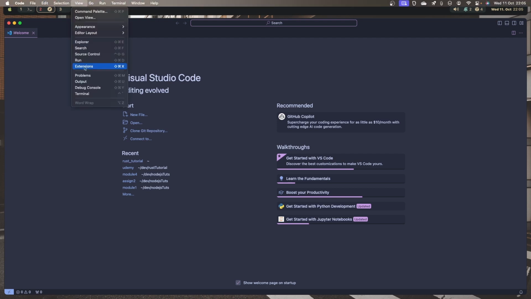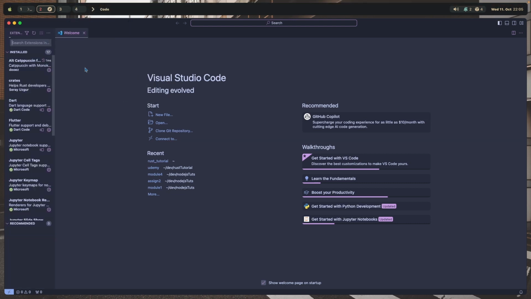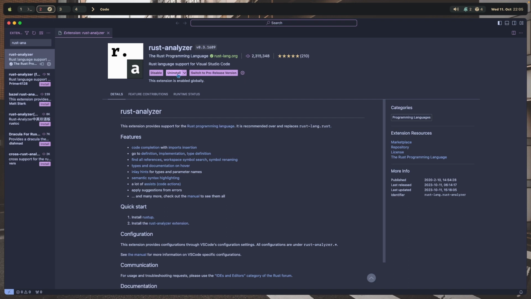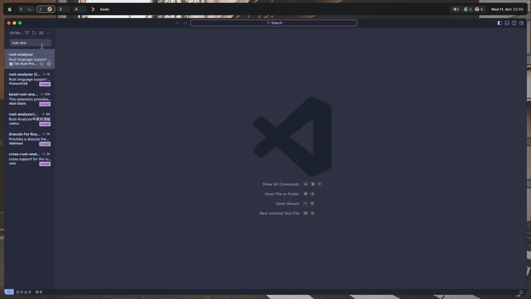So go to View, Extensions, search for Rust Analyzer. I already have it installed, but you guys can just install it. It's pretty simple. Just click on the button and it will be installed. Once that is done,